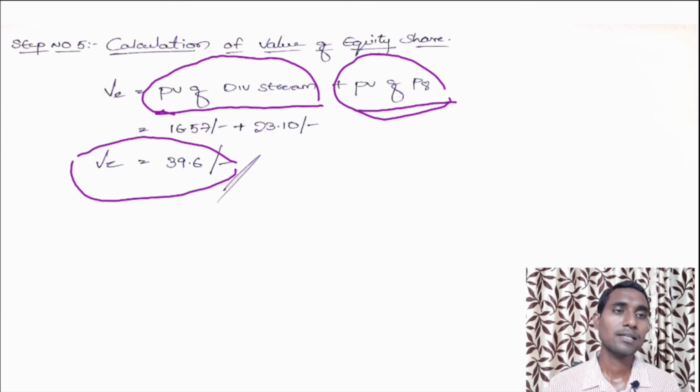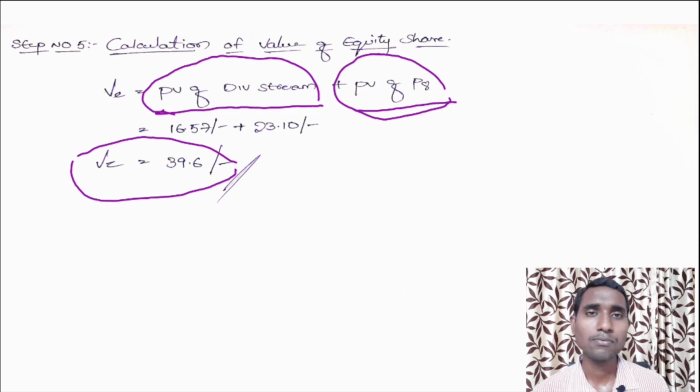Dear learners, as I said, it is very similar to the two growth rate model which we solved in the last session. In the last session we took up a problem where we had two growth rates. It is similar to that problem, but we have three growth rates here. Only step number 1 is different from the problem we solved in the last session. So this is all about today's session, the three growth rate model. In an exam you may get these kinds of surprise questions also, so be careful and practice such types of questions.